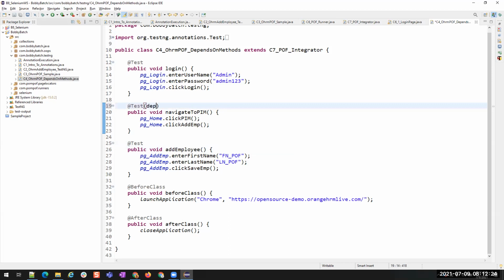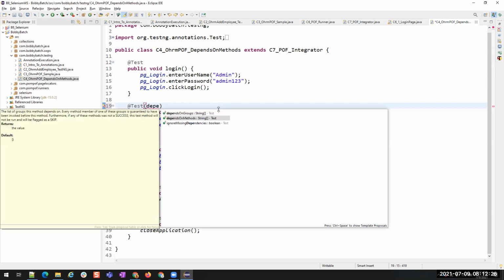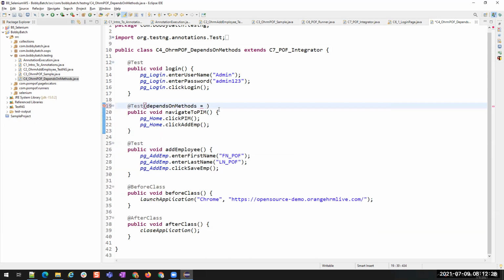So we use small tests. You have dependsOnMethods equals to, on what method it is depending, login. You can just copy the name of the method and then mention it in the rules. That's all. This method is depending on navigate to PIM. So I'll just copy this here, and this is navigate to PIM. That's all. Now if I run this,